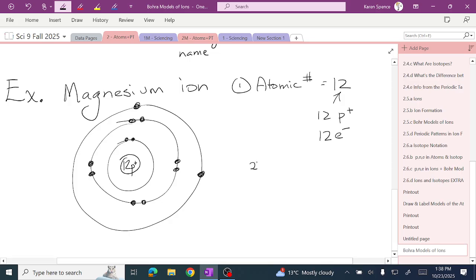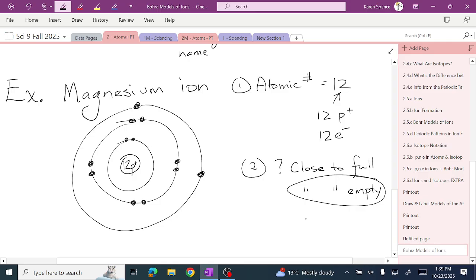What's the second thing we do? We ask, are we close to full or are we close to empty? Are we going to add or remove? So we're going to remove here. So we are close to empty. So we're going to, number 3, we're going to remove